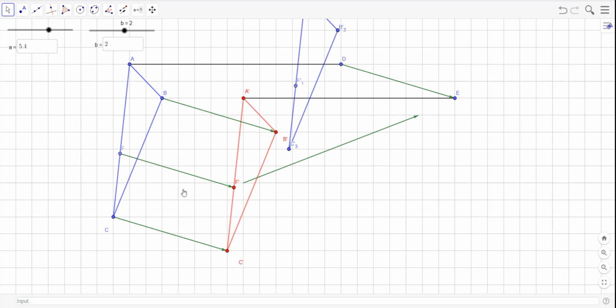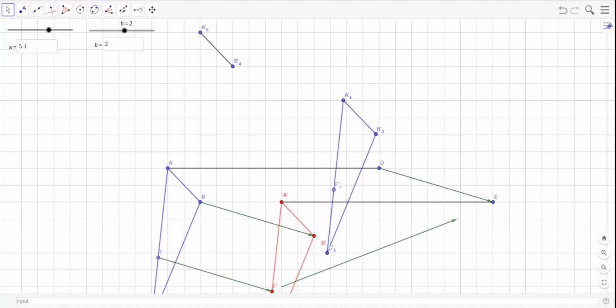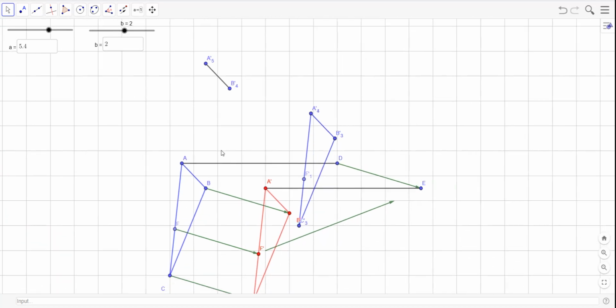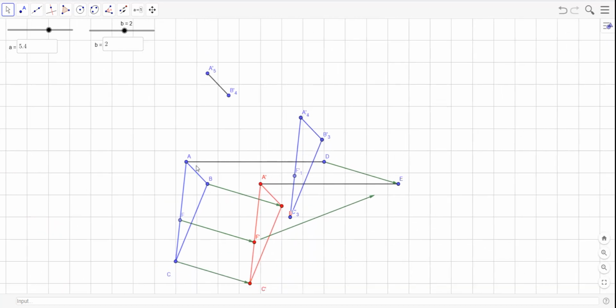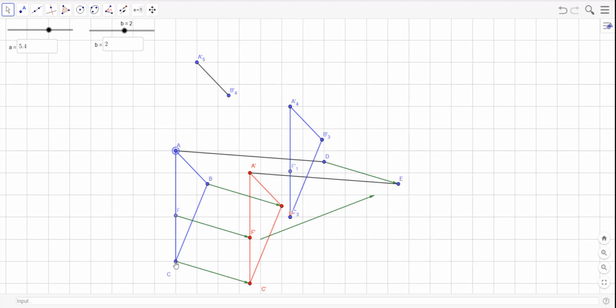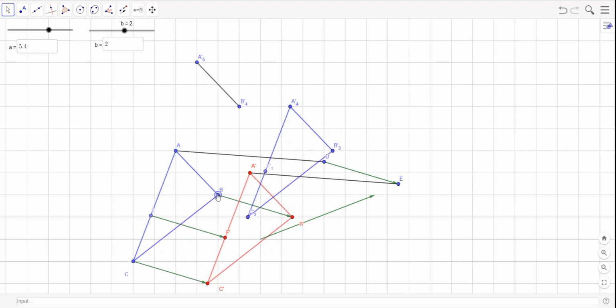Okay. Did that work? Yeah, there it is. It's up there. We went to the right 1 and up 4. I guess the grid is now spaced out one notch each. And we went to the right 1 and up 1, 2, 3, 4. B goes to the right 1 and up 4. Every point on here goes to the right 1 and up 4. All right. So I think that shows you how we can use some GeoGebra commands to create some translations, whether